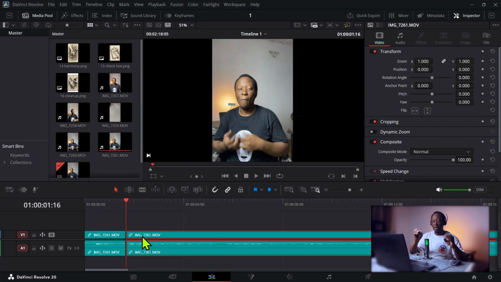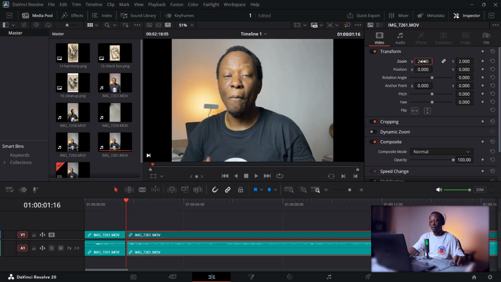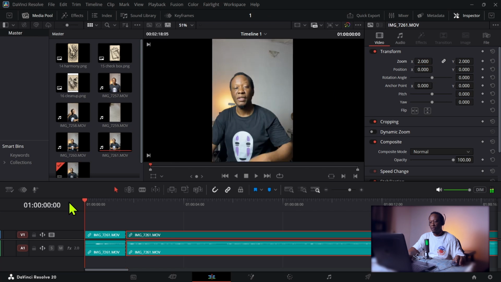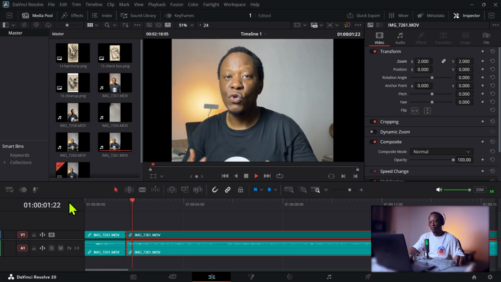On the next clip, I would like to zoom in. And to zoom in, I'll go over here at the right on the transform tools. If you can't find the transform tools, click on the gear icon, which is the inspector, and I'll just zoom to level 2 like that. So if we now take this back and play this, to be very honest with you, most beginning video editors